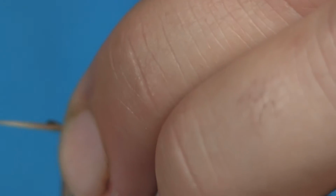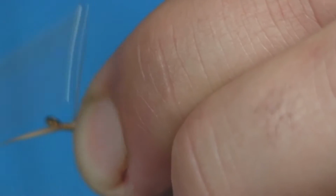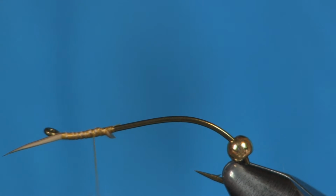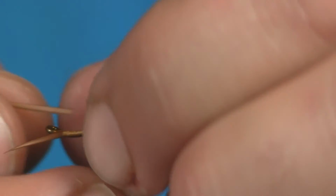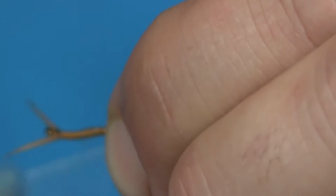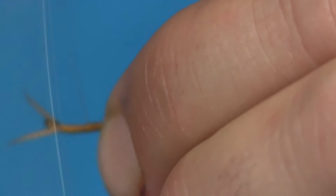We're going to put them up here at the eye, and I'm going to wrap them on one at a time, one on each side, and I'm using the hook eye to separate the biots to give the antenna look here. You can see there one on the side that shoots off the side. I'll put the other one on the other side so it shoots out the other way. It's just like at the back, I'll show you in a second, where we do the ball to display the biots. We're just using the hook eye as the ball here. Okay, so we're just going to wrap down our two biots, and there you can see how it splits on the hook eye. And then we're going to tie this off,